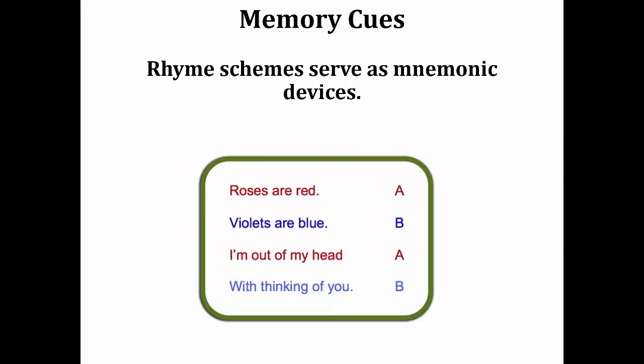Rhyme schemes also serve as mnemonic tools, creating sing-songy melodies. The PEG method is a rhyme scheme used for remembering lists. Each number 1 through 20 is associated with an image. An example: 1 is run, 2 is blue, 3 is tree, 4 is chore, and so on. This method uses the rhyming images as pegs to hang items that you want to remember on.